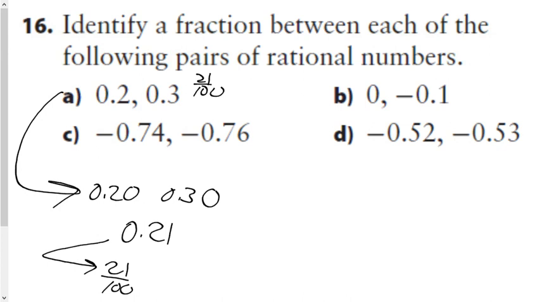Just rethink them as decimals, and then put an insignificant 0 on the end of each, and then you'll be able to do it. If I think about this one, question B, think about zeros being here, and -1 being here. -1/10 is here. So if I think about any number, I'll put a 0 there. So between 0